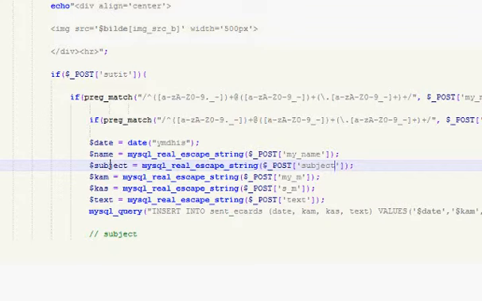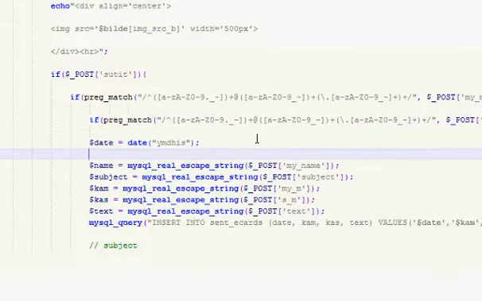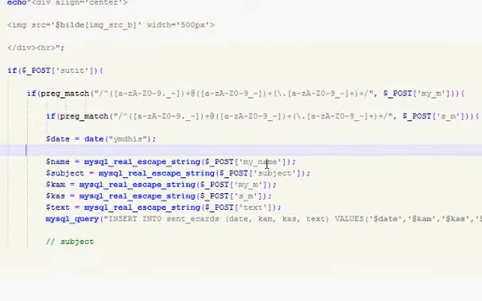So what this does: if for example somebody enters marks like this inside, you know, the tag marks, or such marks, quotes I mean, the code will break, and MySQL will not insert anything. Then you need to use MySQL real escape string, and what it does is add a slash in front of all these characters, and the script knows that the next symbol needs to be skipped, but it will post anyhow inside. So we now add name and subject. So we need to insert also name, subject.